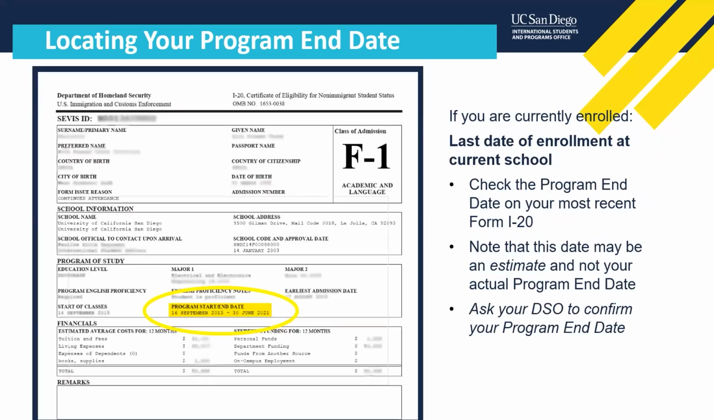If you're currently enrolled and you will not be undertaking OPT prior to starting your new program at UC San Diego, you can look on your Form I-20 for your program end date. Now, it's very important to note that sometimes this date may not be properly updated. It may be an estimate of your anticipated program completion and not reflect your actual last day of enrollment. So we would strongly encourage you to check with your current DSO or International Student Office to verify your actual